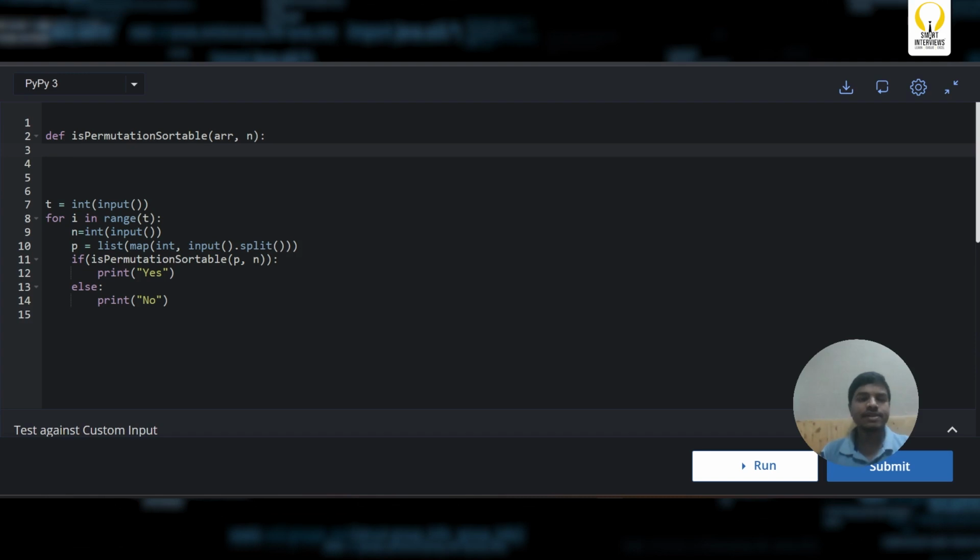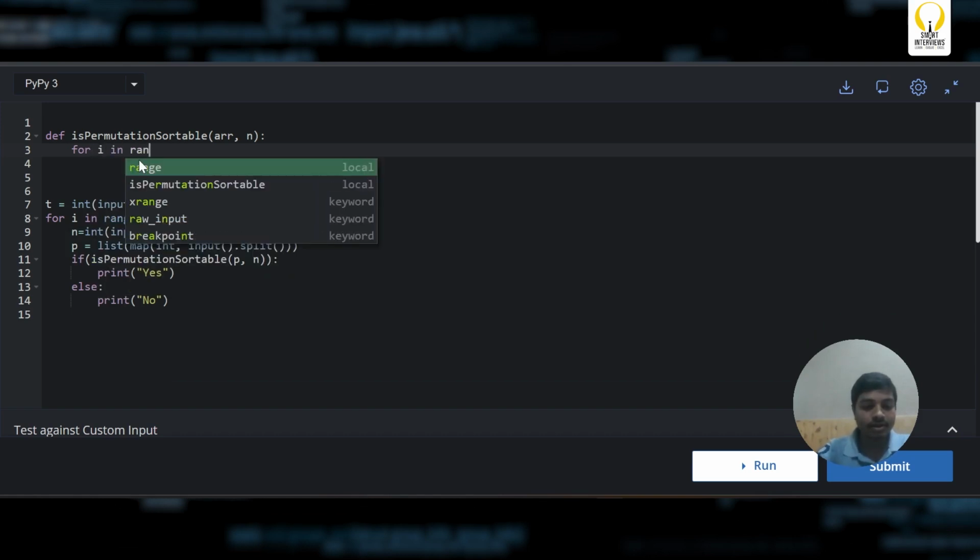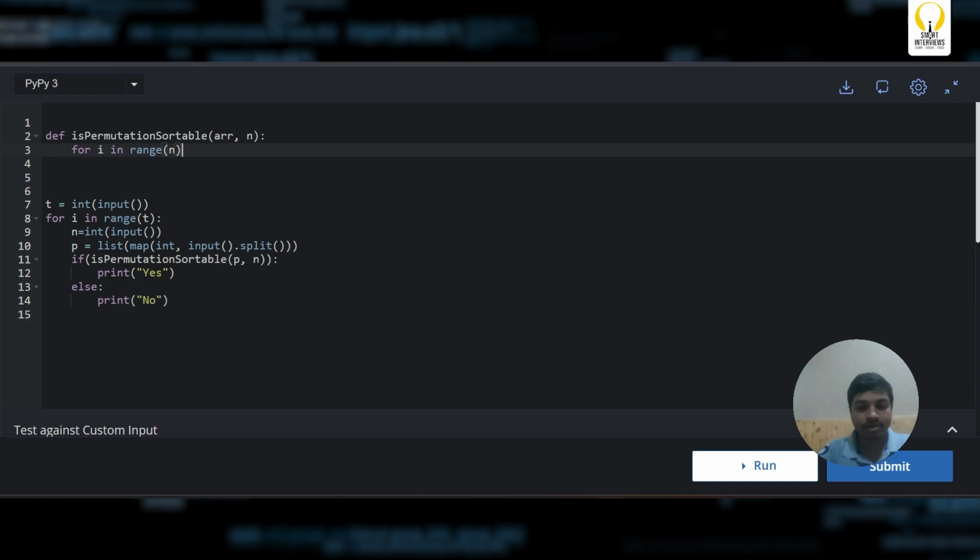Implementing this function, the logic is very simple. The value at that particular index should have the number of set bits same as the element index plus one. So I need to count the number of set bits that particular number has. So let me do something like this. I need to somehow iterate on the array. Let us say for i in range of n,